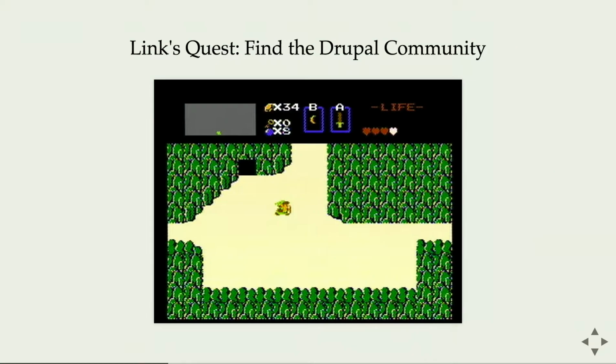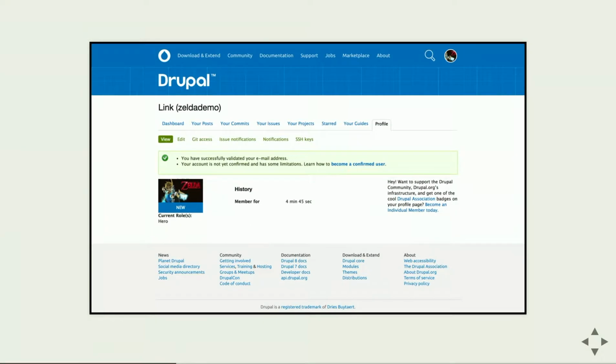So, it's definitely not what I expected going back to see this. Thinking about what our quest is, apparently it's to find the Drupal community. So I thought maybe if I validated my email address, it would be a little bit different what I experienced. And I'm brought to the place that you get dumped in where you log in, and it's really not much